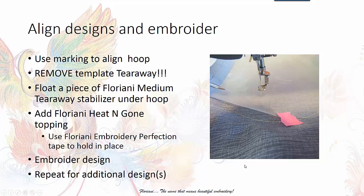Once you have your first design done, remove your fabric, remove the hoop, remove the fabric, peel away the Heat and Gone topping off of the top, remove the stabilizer off the back of the design, and then repeat for additional designs. And I say repeat only because I do encourage people, as I create these projects of the month,